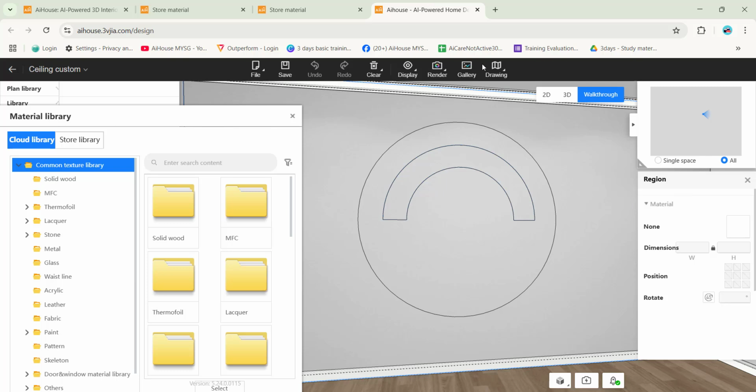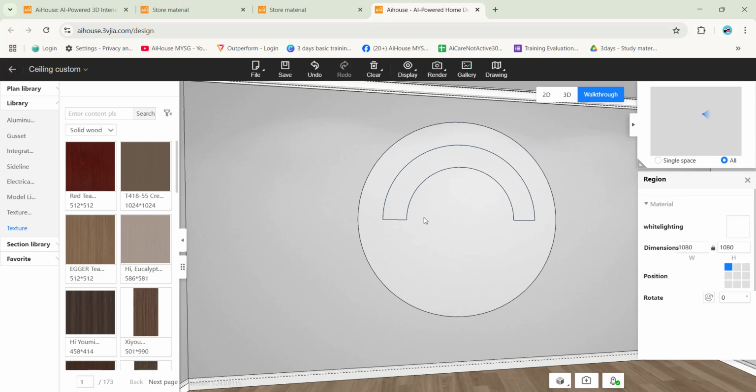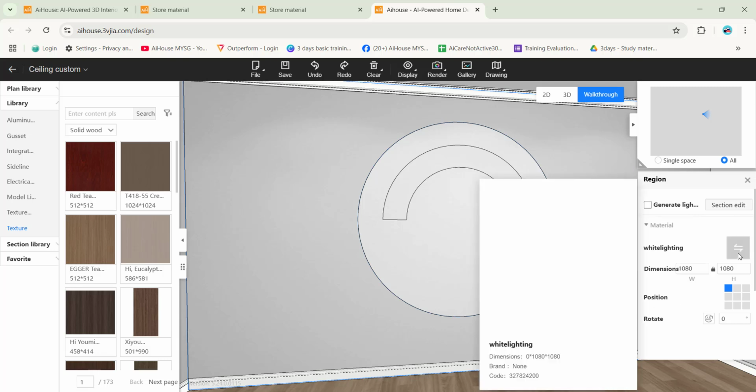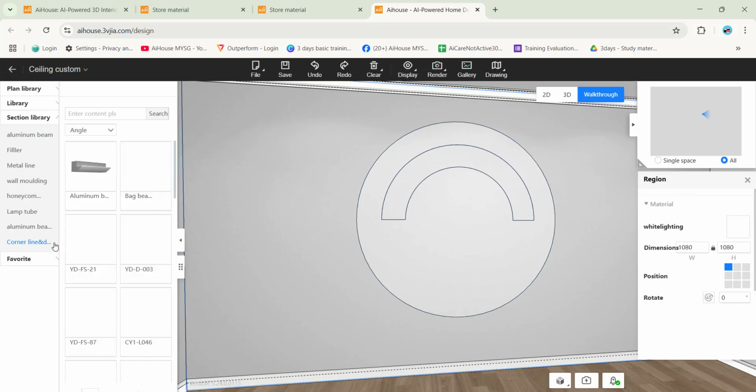So go back to my AiHouse design, where I go to my store library. So this is the lighting. I drag to this, I double click and drag it to this area. So you can see there's lighting to my texture, to this area, white lighting. Okay, and then to put mirror for this area, to put it as for mirror,